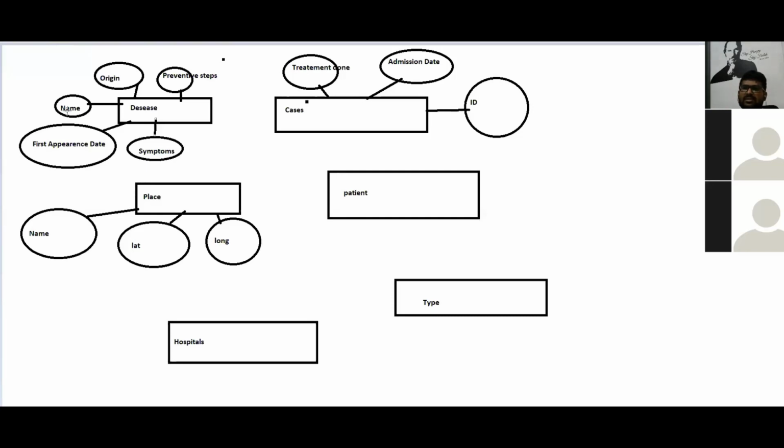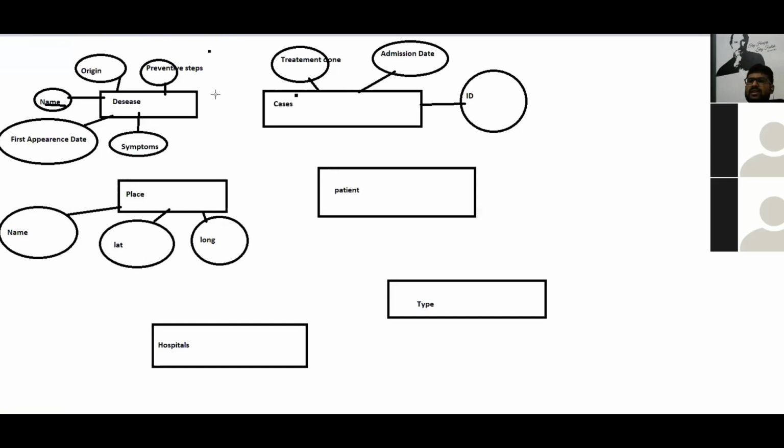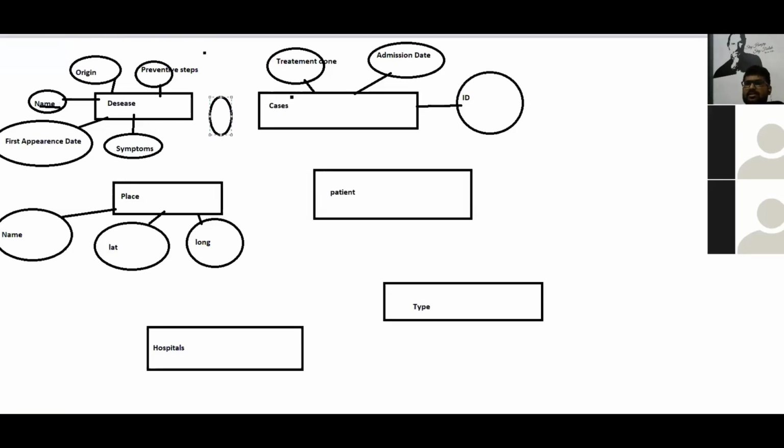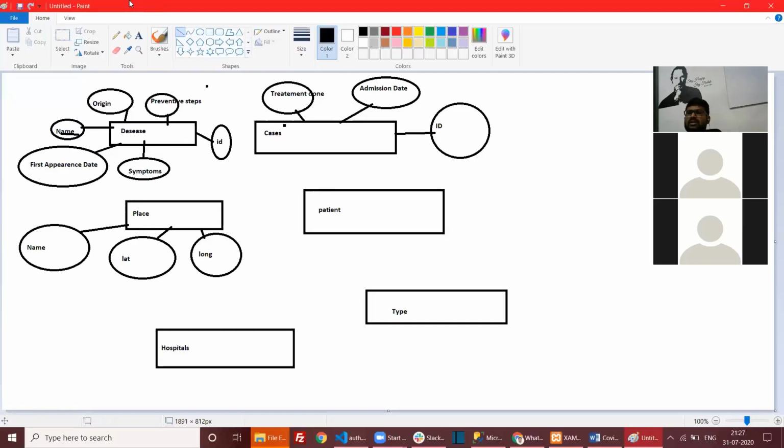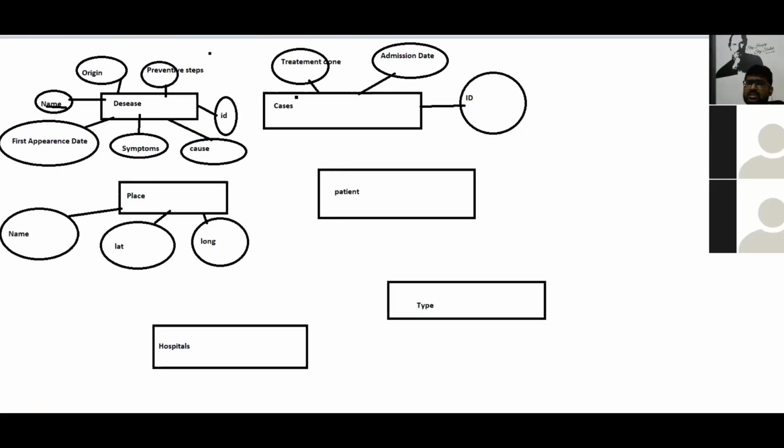But ideally, we won't go for strings for uniquely identifying a record in a database table. What we do is give one ID for the disease. For example, COVID-19 is the ID, or SARS-2 is the ID. This is the database table, so basically the ID is the one which uniquely identifies here. So let us underline the one which uniquely identifies here.